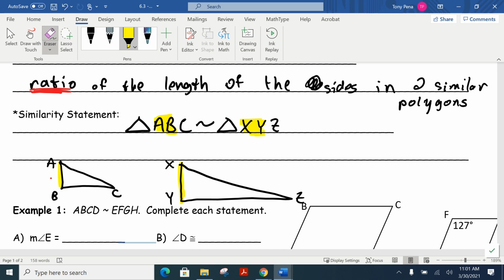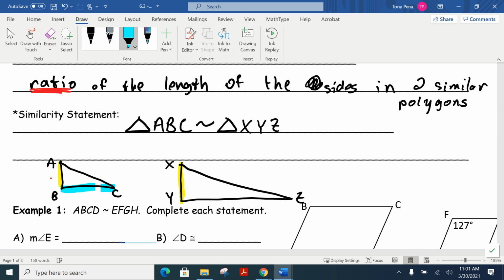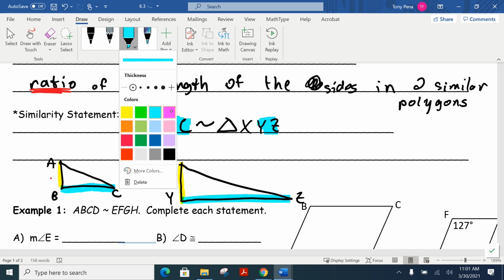All right. If I erase these, look at the corresponding sides here. So BC should correspond to YZ. Well, look at their order. Notice how B and C are the second and the third, and then it corresponds to YZ. Well, that's the second and the third variable in the similarity statement. And then the last one,